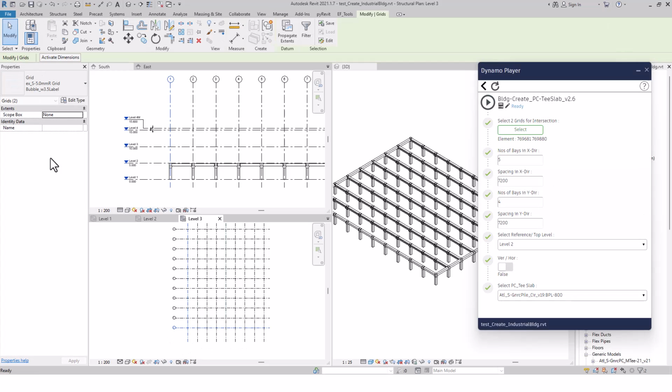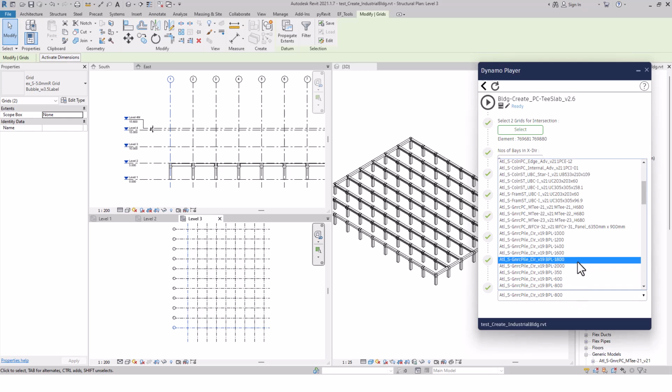Then select finish. Then same values: in the X direction we have 8 bays, in the Y direction we have 10 bays, X direction spacing will be 7.2, Y direction spacing also 7.2, and the top reference level will be level 2. This one is okay. Then the structure will be vertically placed, so we have to click yes and come to